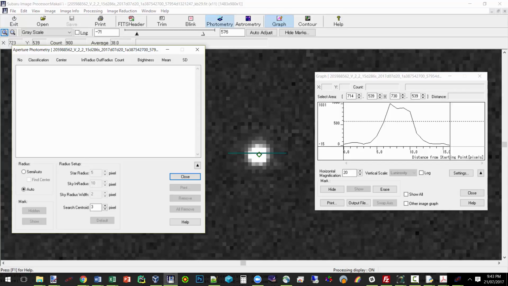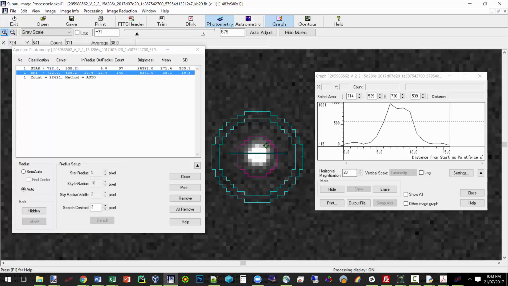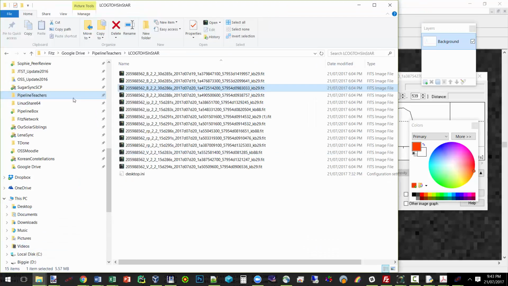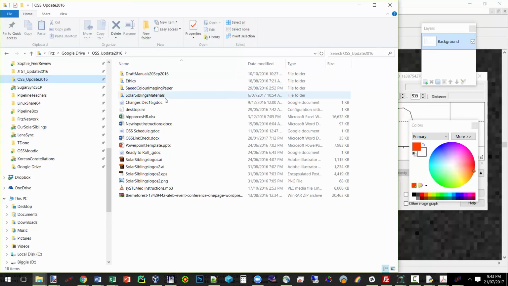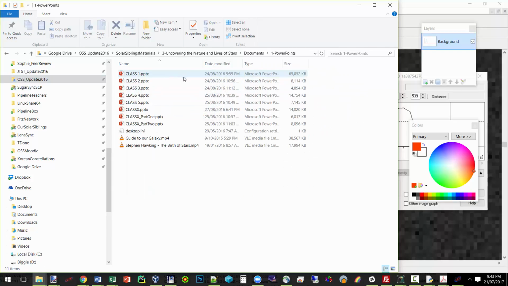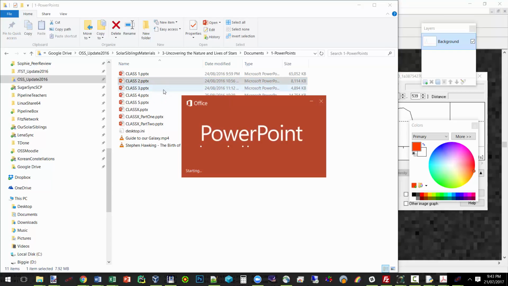So when you're looking at this, what you want to do, I'll just do it very quickly, you draw a circle around it. You count up all the counts, all the light from the star. But then you've got the light from the star and the light from this background stuff. So if you go into OSS, Project 3, PowerPoint 2, Class 2, if we go in here,